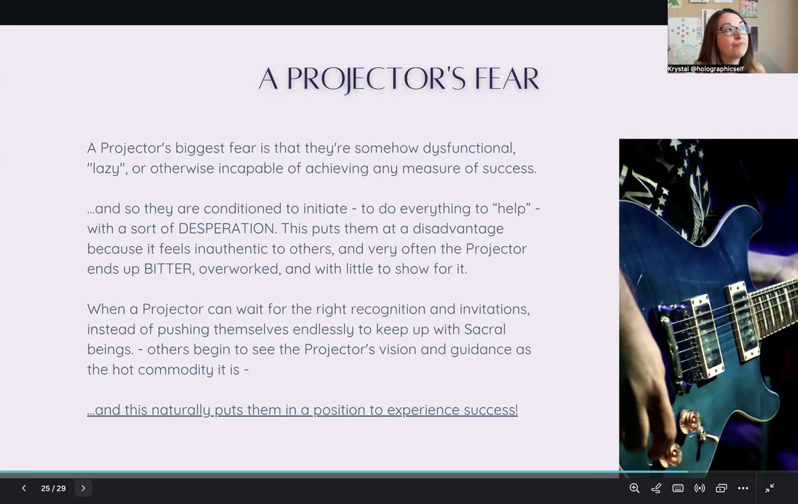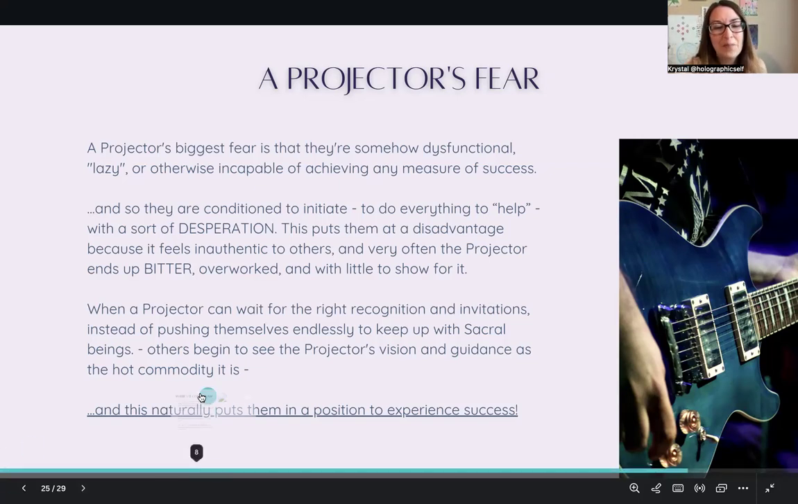But I'm no longer available for just giving impromptu readings all the time or sharing everything. It can be very challenging to pull back and to trust that the right people are going to see me. But that is my very vulnerable share of working with that projector fear of what if I'm lazy? What if I'm dysfunctional? What if I just, you know, have to push harder? And I'm really working on trusting that the right invitations will come to me if I show up in integrity,